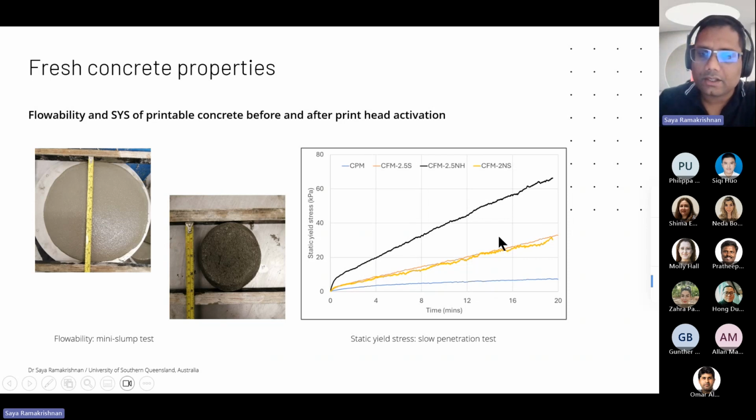And here are the results of how the static yield stress evolves in concrete with time. This bottom line is the control concrete without any capsules, and these are the concrete with different types of capsules and functional elements. What we can see is that compared to the control concrete, the concrete which has capsules or accelerator in it rapidly evolves the static yield stress. That means we can keep building the structure without